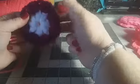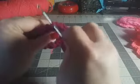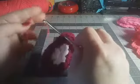So, now, we're going to be working in the tops of all of our little puff stitches. We're going to be putting a picot stitch and several treble crochets. So you're going to go to any one, it doesn't matter, all the way around, does not matter at all. You're just going to go into the top of your puff stitch, just like this, okay? Just like that. You're going to pull your yarn through,